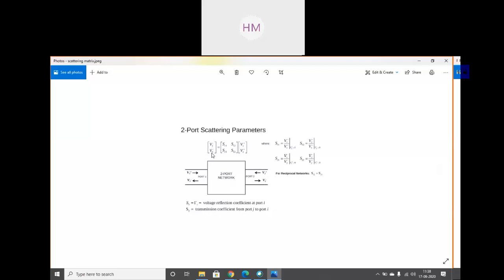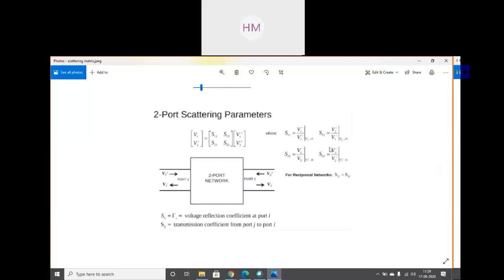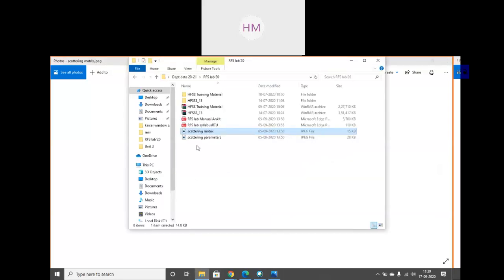V1, V2 in an array S11, S12, S21, S22, times V1 dash, V2 dash, where S11 is this, where V2 dash is 0, S12, S21 and S22.